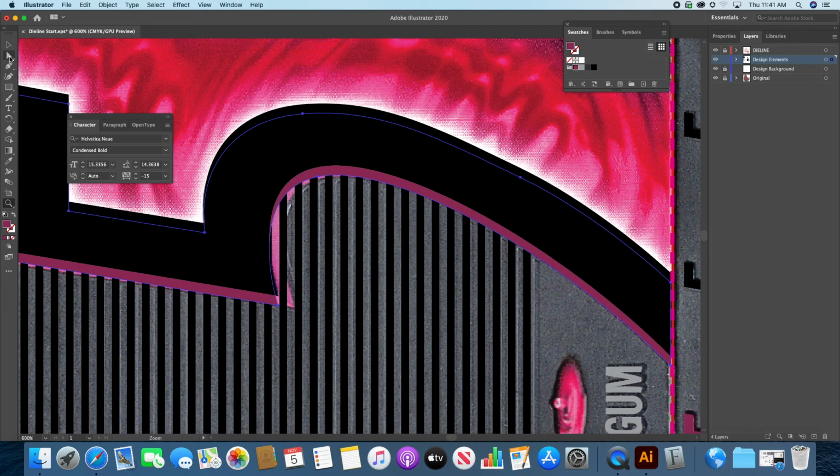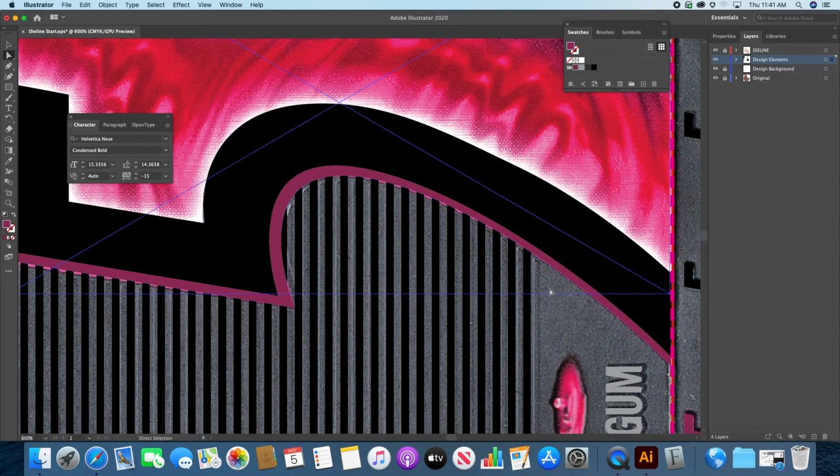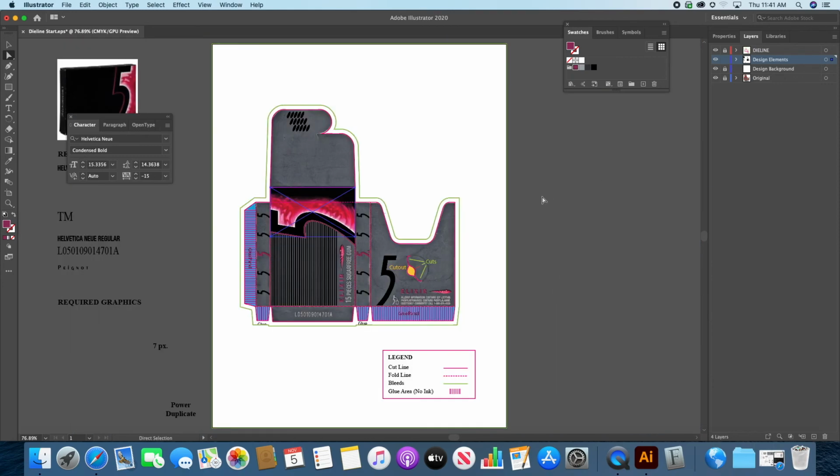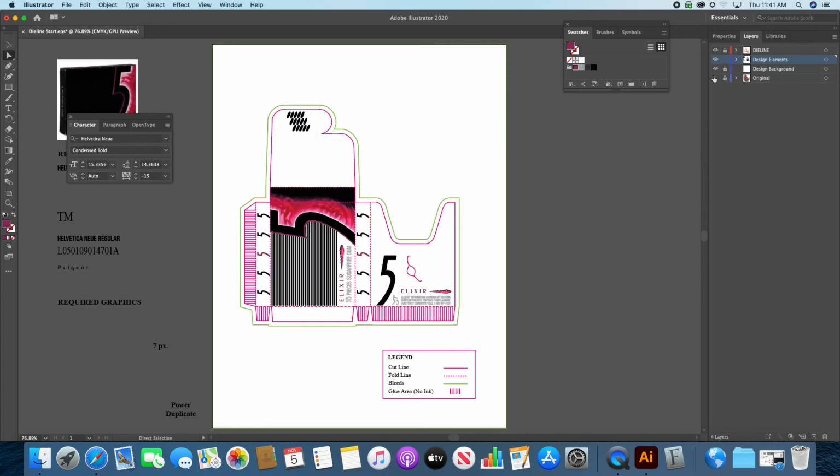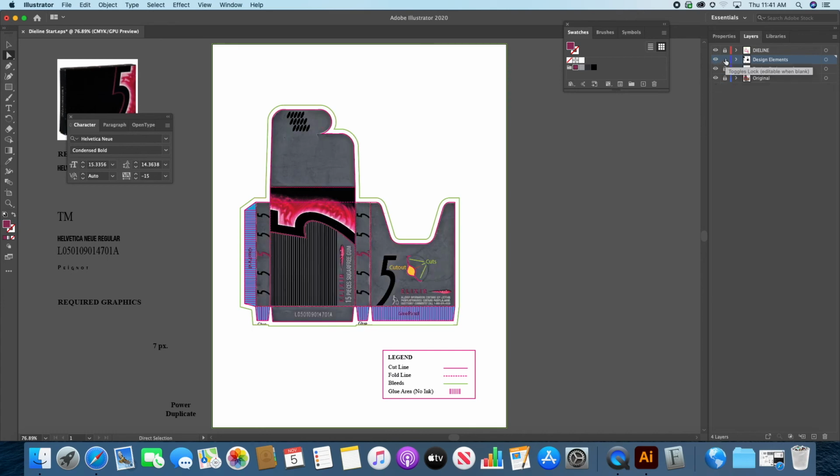With the direct selection tool, the white arrow, we're going to have to move these points. You'll notice it's not just as easy as moving it down. We have to actually move this point and this point to match the curvature of that shadow. All right, press Command 0, and you'll notice now we've got all the elements in there. All that's left to do is lock this layer,